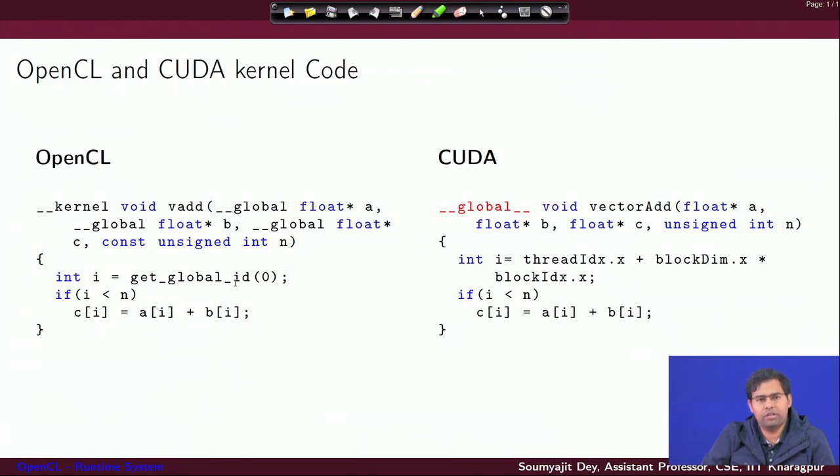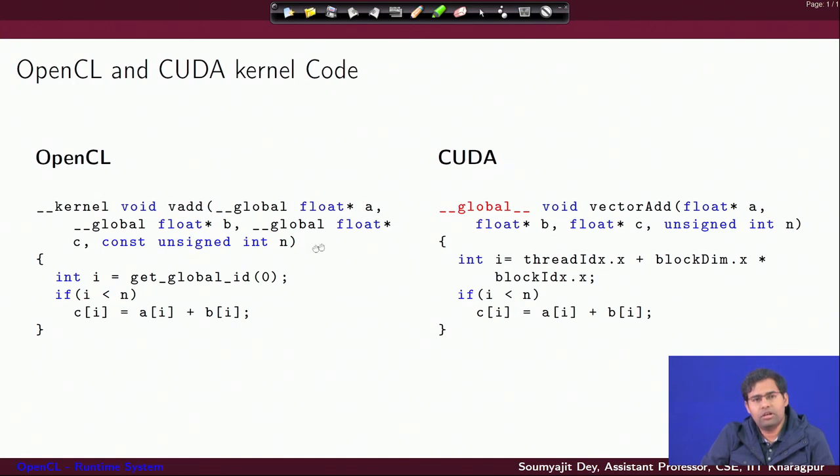You have similar functions like get_local_id to get the ID of the thread inside the work group. The global ID will give you the actual position inside the global arrangement of threads that you may have defined, and the 0 will signify that this is just the first dimension we are talking about, and this is not a multidimensional kernel. If we write 1 or 2, we will be finding out the global ID specifically in that dimension. In case you are trying to linearize a multidimensional kernel, there are additional OpenCL get_global commands, which we will be discussing later on.